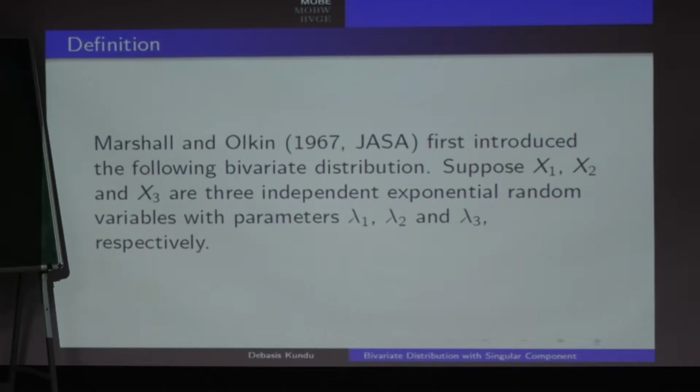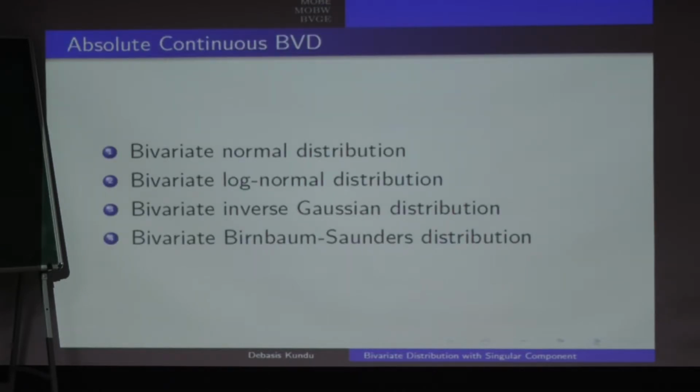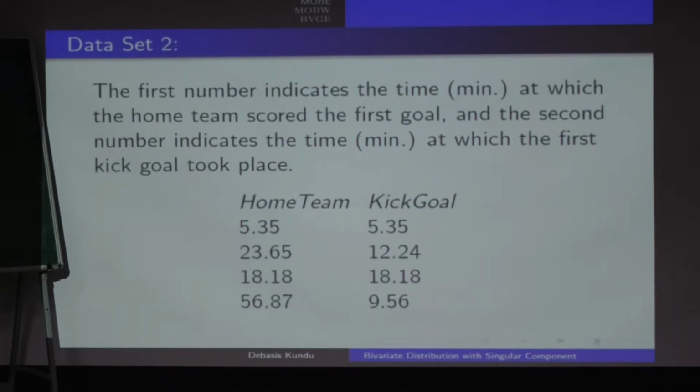Yes, please. Could you go back to where you said the absolutely continuous BVN could not be used? The previous one. Yes. So could you explain? Oh, why did I say that? I said this one. See, here. That's why I'm giving these two examples. So, is this clear? That means, if I give you a data set of this one,